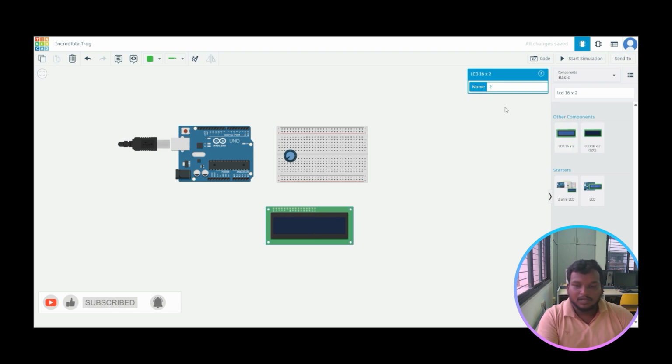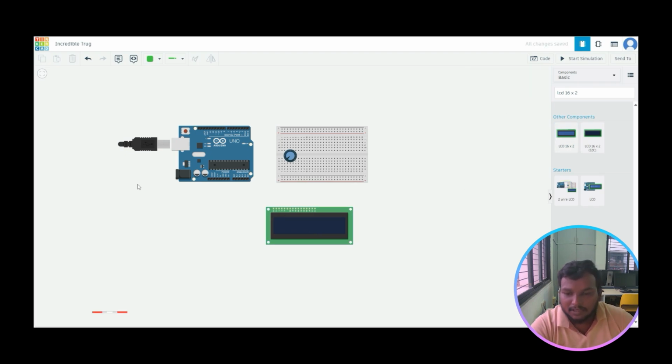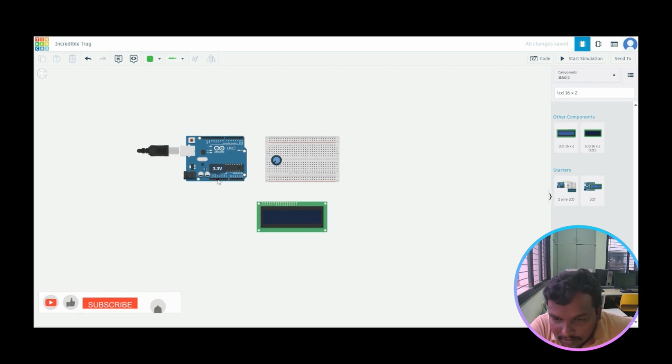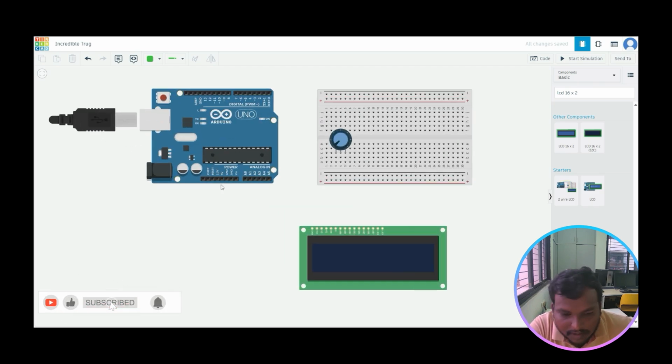Place it there. Okay. So first I'm taking the ground pin. Where is the ground pin? 5 volts. Minimize it. Okay. So 5 volts is connected to plus 1. Okay. Next, ground is connected to